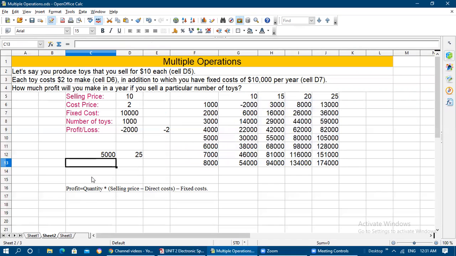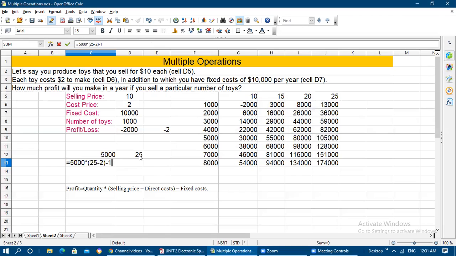If you want to calculate the profit for 5,000, you need to enter 5,000 here, quantity, into an opening bracket, and the selling price is 25. So 25 rupees, $25, is the selling price, and then the direct cost of making the toy is 2 rupees, and then minus the fixed cost.